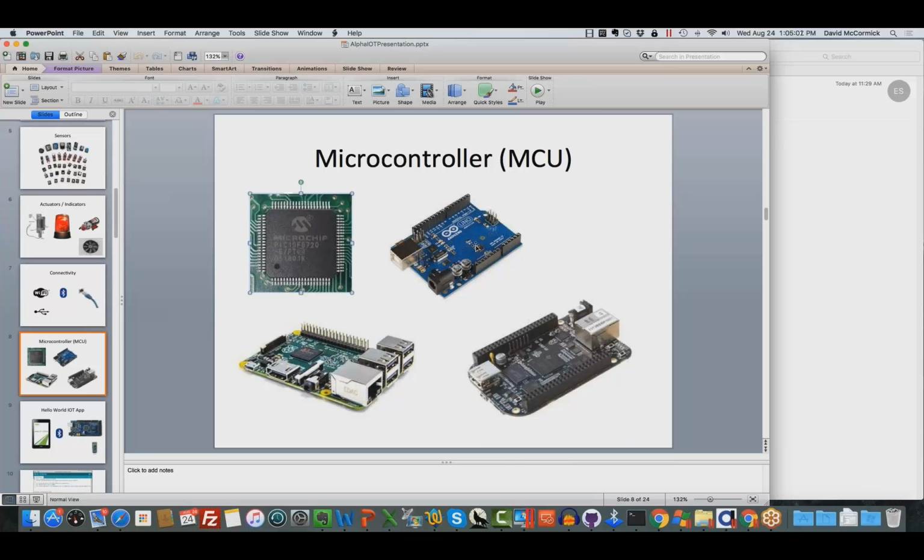Now, Raspberry Pi kind of stretches the definition a bit of what a microcontroller is, because it really is a full-fledged computer. It's got an operating system. It actually has output ports here to drive an HDMI monitor. You can plug a keyboard into it, and it runs Linux. But it's often used as a microcontroller. It's about the size of a credit card. It costs about $35.